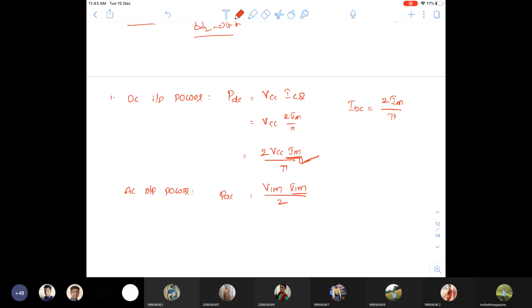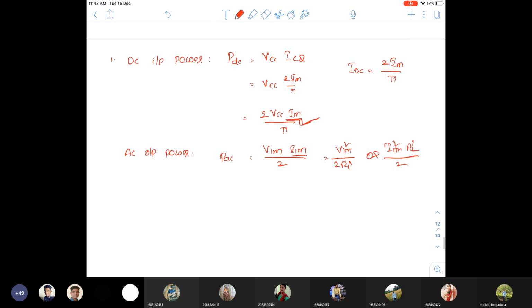If you want, you can write Vm square by 2RL dash or I1m square into RL dash by 2. You can write it if you want. But anyway, PDC is in terms of Im, so both get cancelled. So I'm not changing anything here. This is the second point, and the third point is